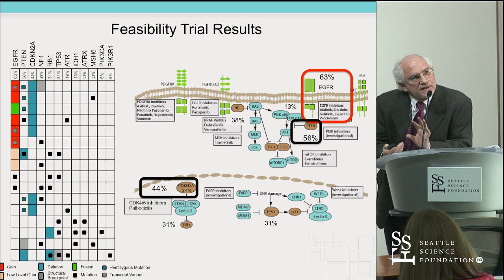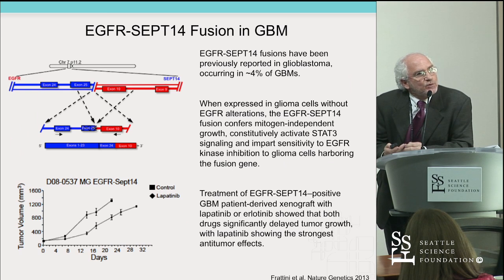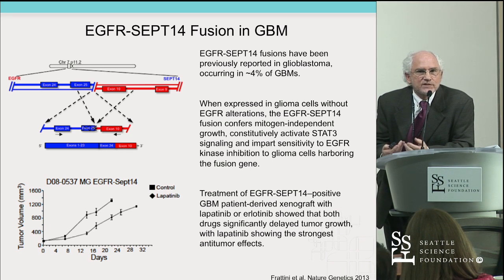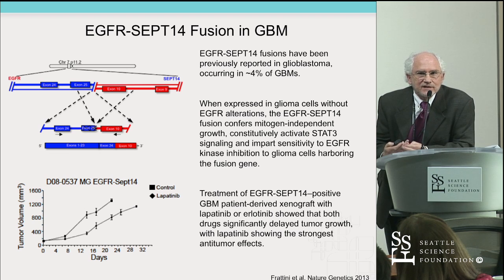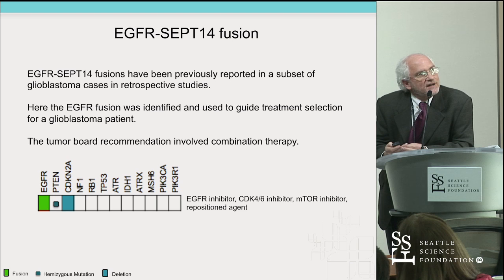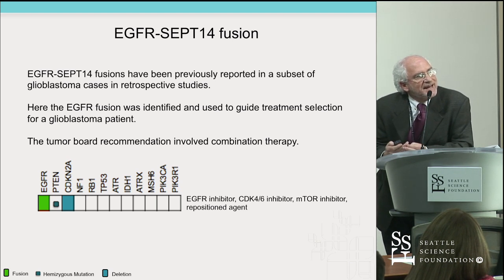So this is the enhancing actionable profile that we were seeing. We saw some unusual things. This was an EGFR-CEP14 fusion that was described in only about 4% of patients in the literature. It was an interesting observation. Actually, there is preclinical data that if you use lapatinib in these patient-derived xenografts, they would potentially have a good response to it. So this was a unique profile,